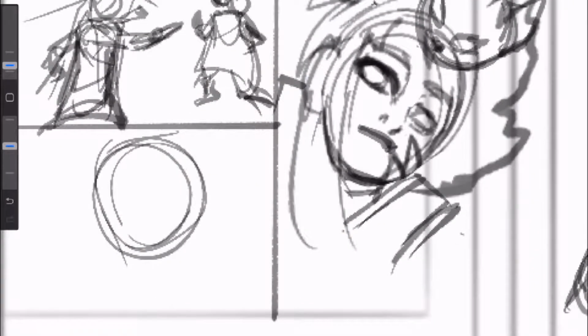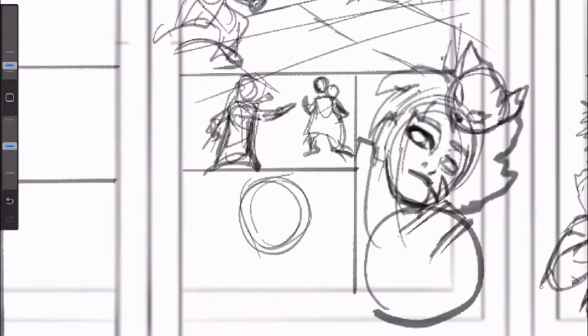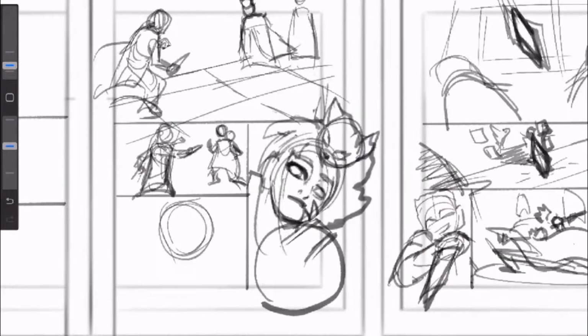Should have some thoughts here. And I kind of want to have an up close grabbing of the knife here, and